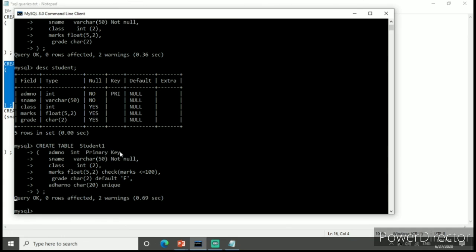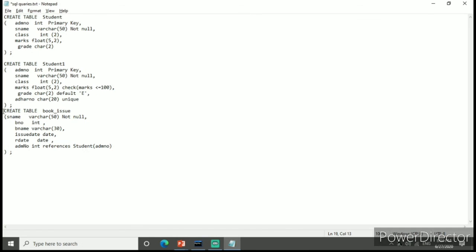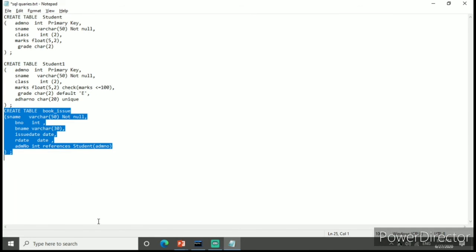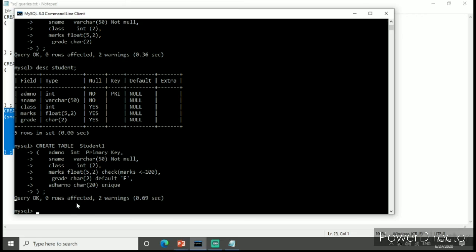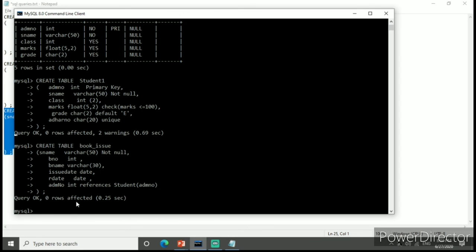Here we can define multiple constraints. Admission number is a primary key. Student name is NOT NULL. Marks, check marks less than or equal to 100. Grade default E, and Aadhaar number is unique. We can also define or declare a foreign key. So this is a foreign key.